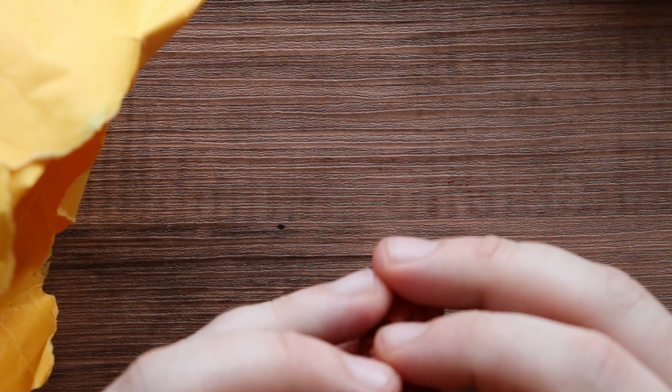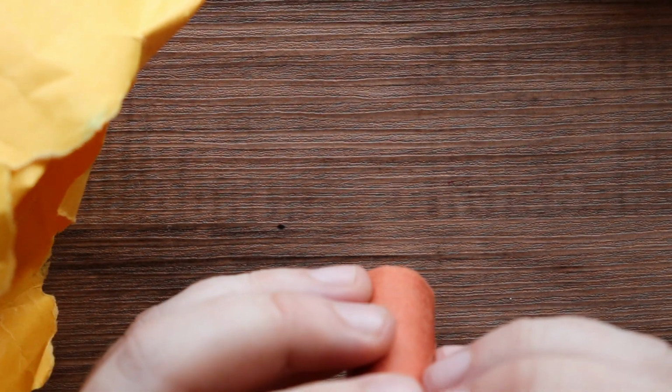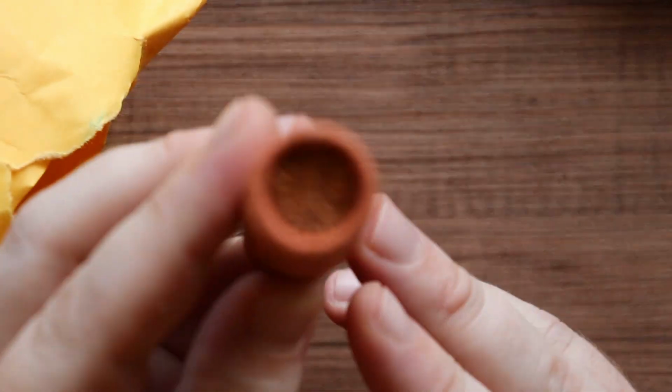What else we got in here? Come on, give us some more good stuff. This has already been amazing. All the stuff we've already gotten, my lord. Wildly exceeded my expectations. Another uncirculated penny roll,